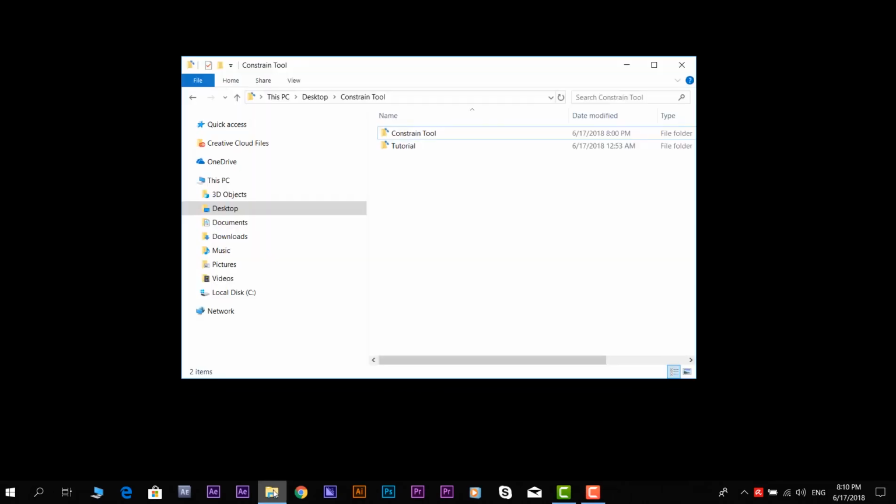Once you download the item from VideoHive, you will get the zip file which includes these two folders: tutorial, where you can find the guidelines, and Constrain tool. If you want to install it, you need to go to this folder, copy both of the items,